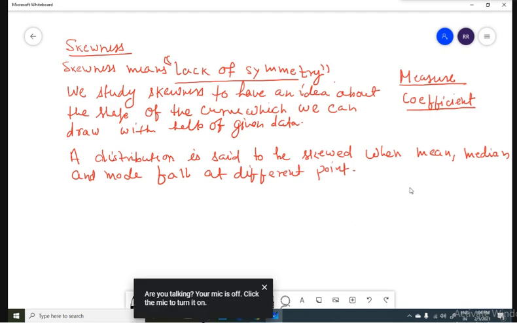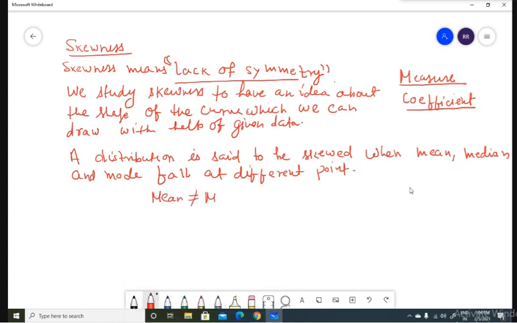Okay, so this means mean is not equal to median and not equal to mode, or